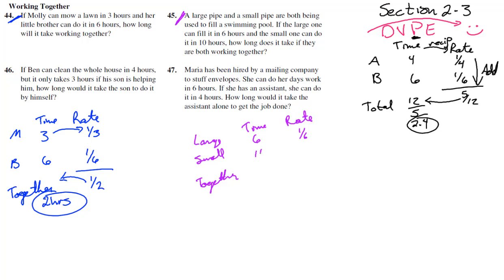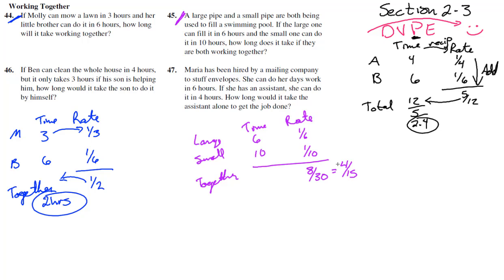The small one does it in 10 hours, so that is 1/10 of it every hour. So how long does it take working together? 1/6 plus 1/10. Let me see, common denominator of 30. So this would be 5/30 plus 3/30 would give me 8/30, which reduces down to